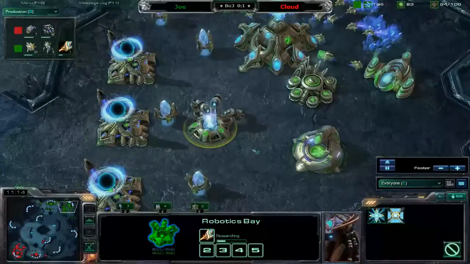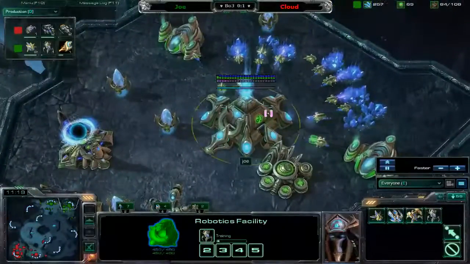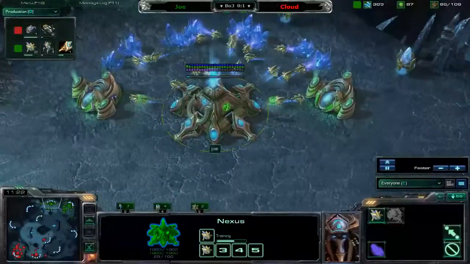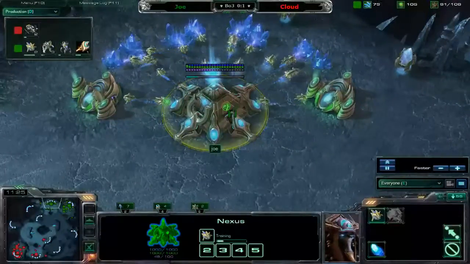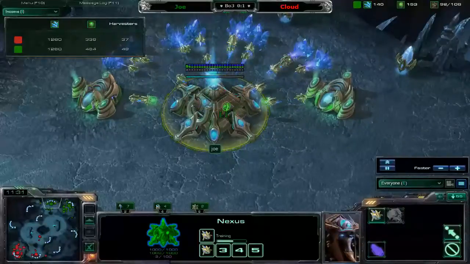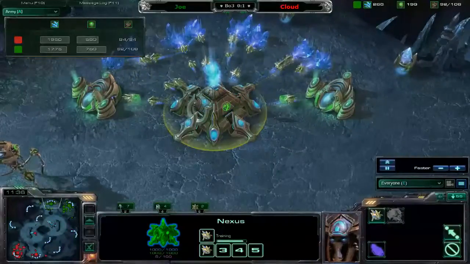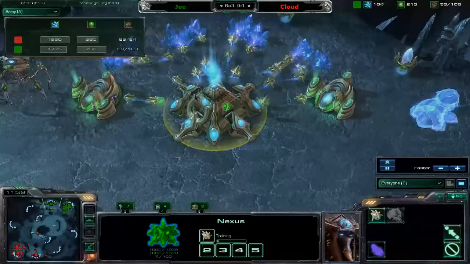For the thermal lance upgrade, next Colossus is in production, and Joe even chrono boosted his Nexus once to get out more probes. So let's take a look at the harvester count. There we see Joe once again is in the lead in terms of economy. Is he in the lead in terms of supply as well? Yes, he is. But